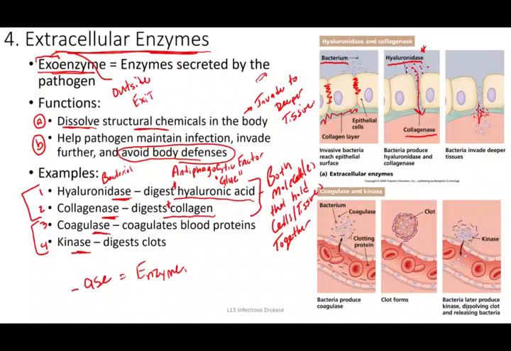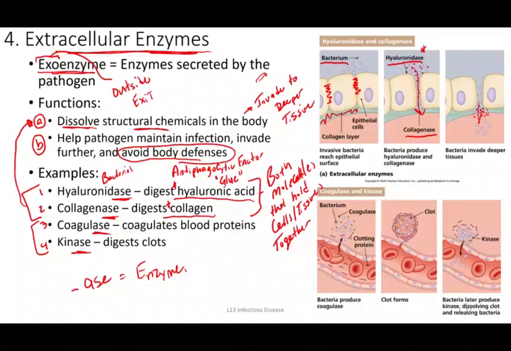So again, you can think of this as a profile of a specific microbe, and you can ask, which virulence factors does it have, does it exhibit? And the more virulence factors a particular microbe has, as you might guess, the more virulent it is, the better able it is to cause disease. And it also helps explain how the disease can kind of clinically manifest itself. Is the microorganism capable of spreading beyond the initial site of infection or not? So these two enzymes, hyaluronidase and collagenase, are going to be important in playing this role of dissolving structural chemicals or glue within our body.